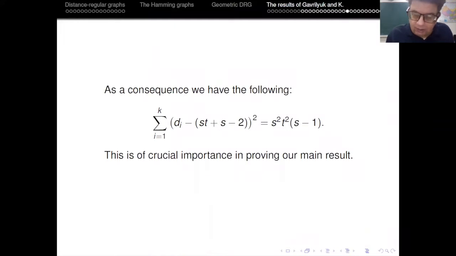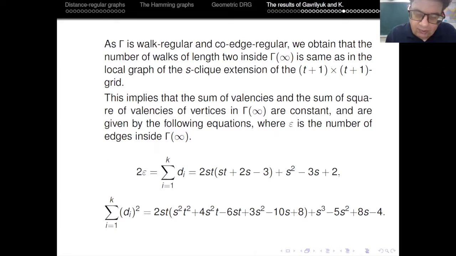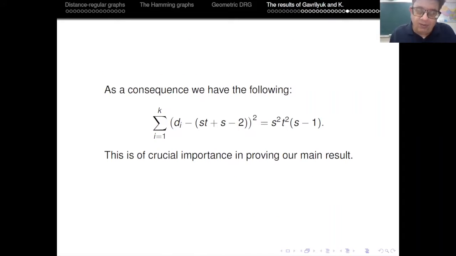Here you see that this expression has s to the power 3 times t to the power 3, and this expression has t to the power 2 times s to the power 3. So this will make it easier. This is significantly smaller than that other expression. And the reason is that we look at this is that